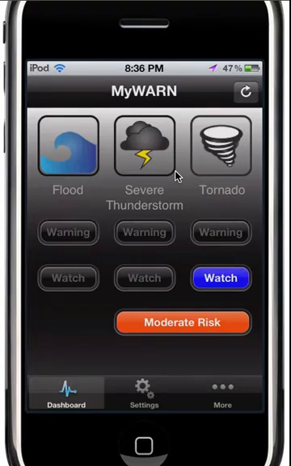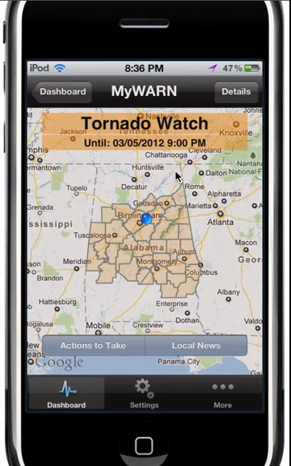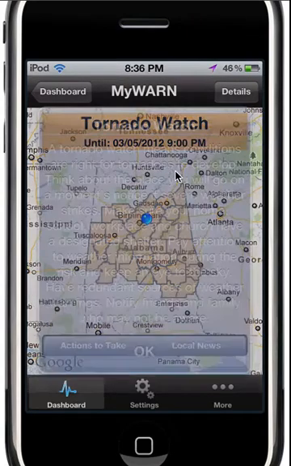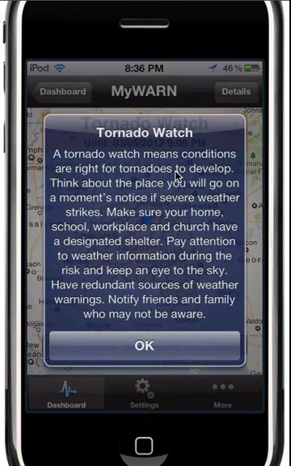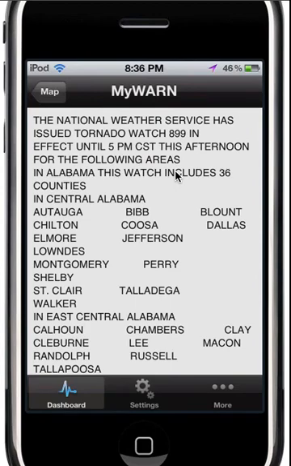If you click on the icon, you'll immediately see the map drawn with your location highlighted with the blue dot and all of the counties from your local National Weather Service that are included in the watch shown. You can also click on the Actions to Take to get very specific advice, and you can also click on the details on any advice so that you can also see what the National Weather Service forecaster wrote when they